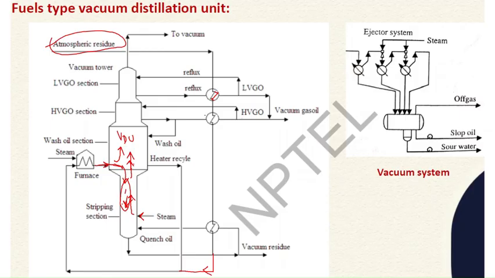This is the side cut heavy vacuum gas oil, which is obviously our required product. So from this heavy vacuum gas oil only, we take a little portion as wash oil, and it is introduced in this tower. Why is this introduced? Because if this lighter portion consists of some amount of,